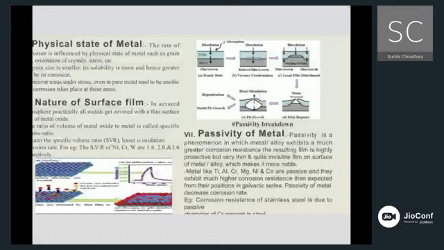Second part is the corroding environment. There are certain factors which again affect the corrosion process, that is temperature, humidity of air, presence of impurity,